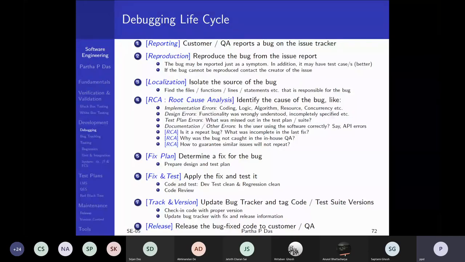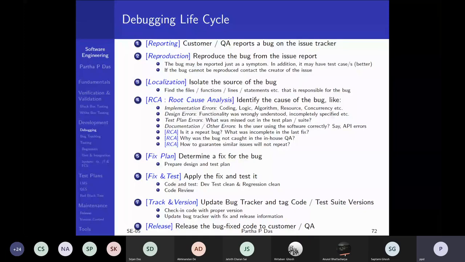You will be really liked by your lead and the manager if you do a good RCA, because that saves several hours, future hours of what you could have spent without this RCA. The more RCA you do, the more you ensure you are getting to the real root of the error and not fixing the symptom. Once that RCA has been done, it is understood